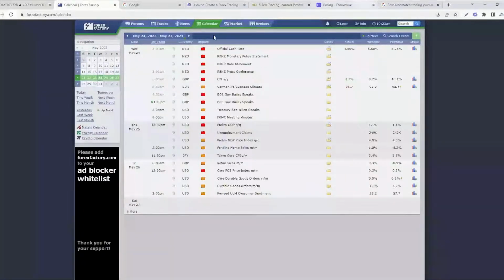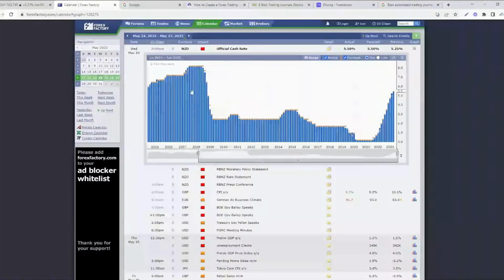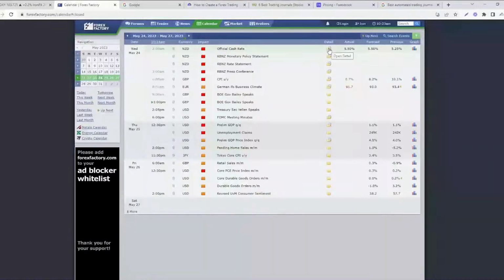So the good thing about Forex Factory, sorry, I got my names confused. The good thing about Forex Factory is not only that you're able to filter through historical and future economic events. You also have the graph icon here. So you can click on the graph icon and you're able to view it directly on this website. You don't have to go to another website or Google for something else to view how this particular data point has performed over the last few years or months. And if you click on the folder icon,